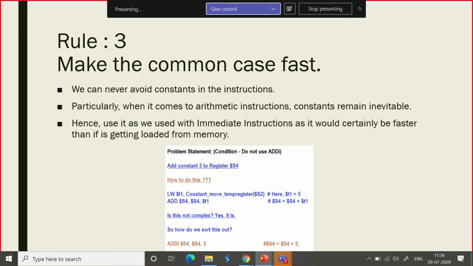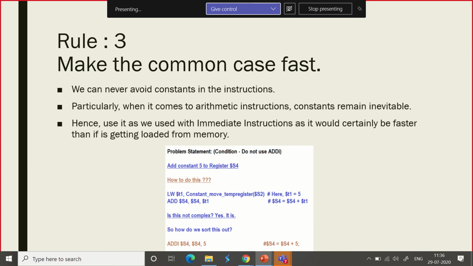Now, this is the same thing that I told you. Make the common case fast. Just now I explained to Sai Kishan or somebody, I forgot the name, that we need to use immediate instruction as much as possible. Wherever a constant value is used, it is always preferred to use add immediate or load immediate instructions. Use the immediate instructions.